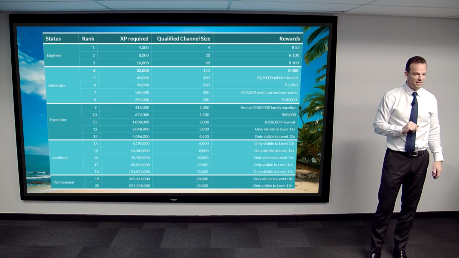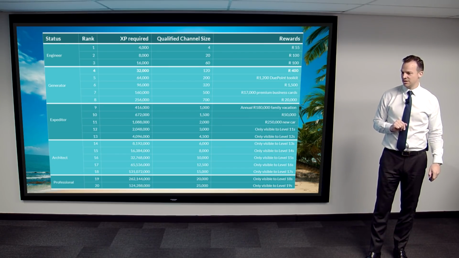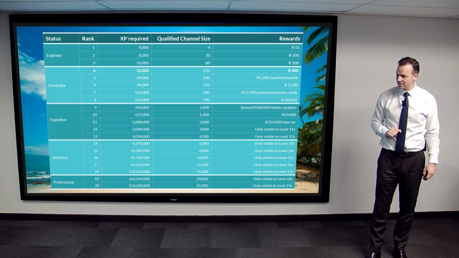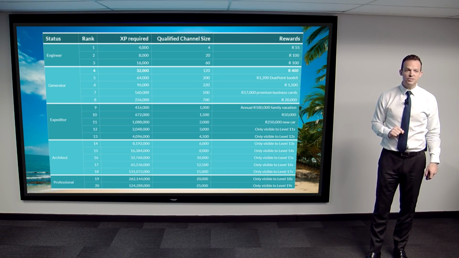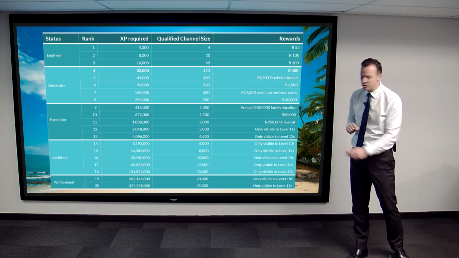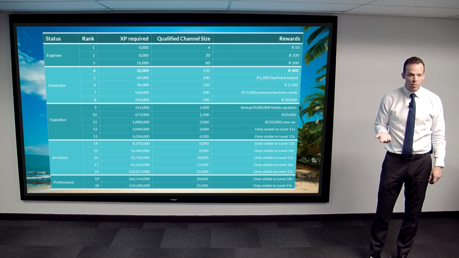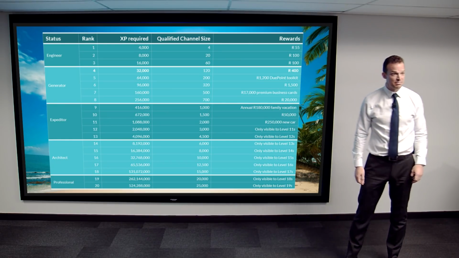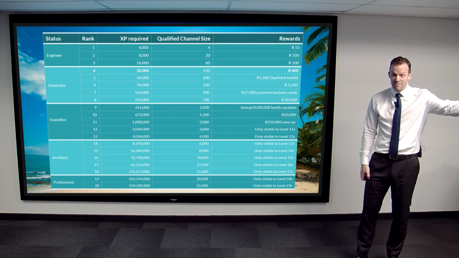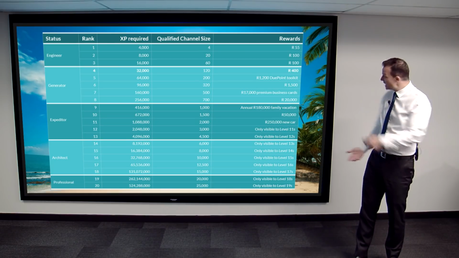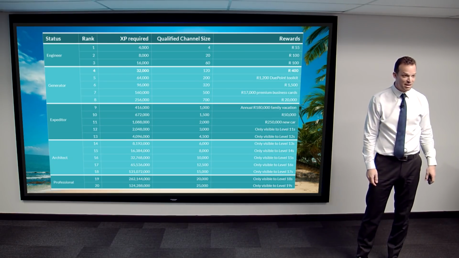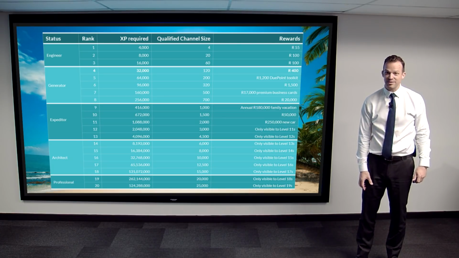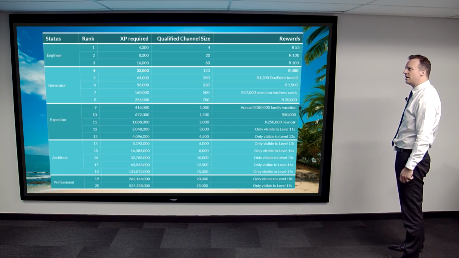Now, I always joke with everyone and say, how can you get excited over 55 Rand reward? You must get excited. Why must you get excited? Because you've just proven to yourself that you can get to rank 20. If you can get to rank 1, you can get to any rank. You've just proven to yourself, I can do the system. It might take some time, but I can do it, right? So you take that 55 Rand, you get a hot chocolate and a muffin, and you celebrate on your own. Amen. Don't share that money with anyone, right? You celebrate for yourself. You say, I'm on the road now.